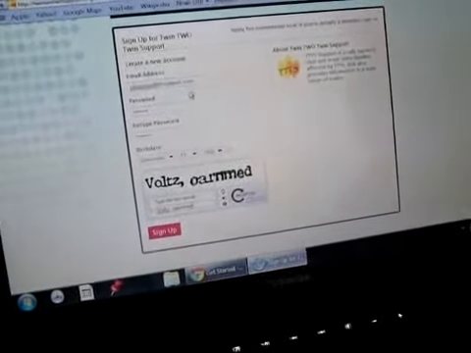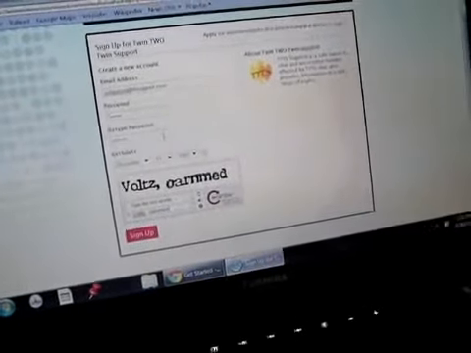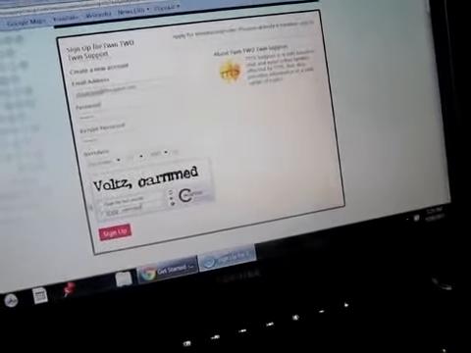I put in my email address, password, double check the password, my birth date, and they have these CAPTCHAs or something. You write what it says. So I hit sign up,